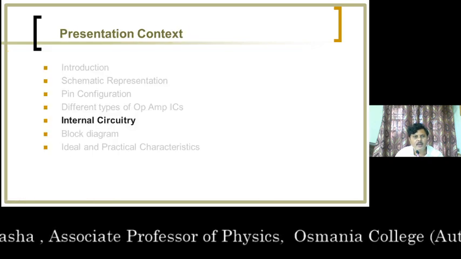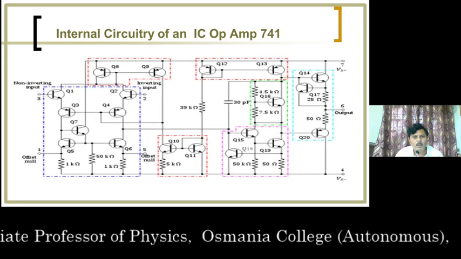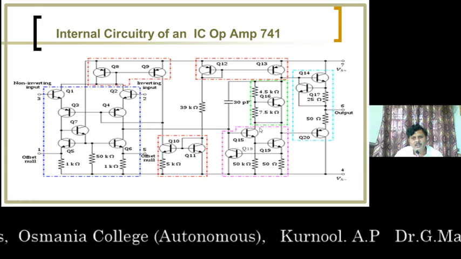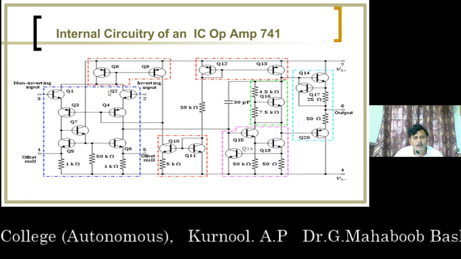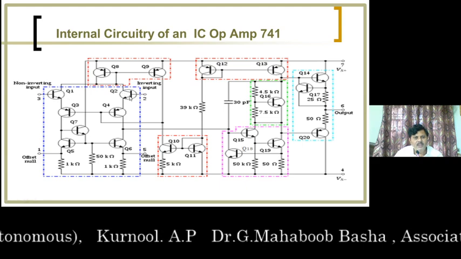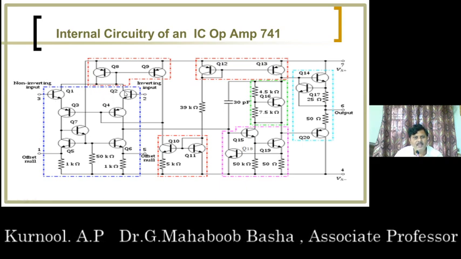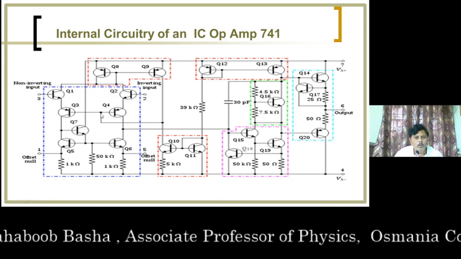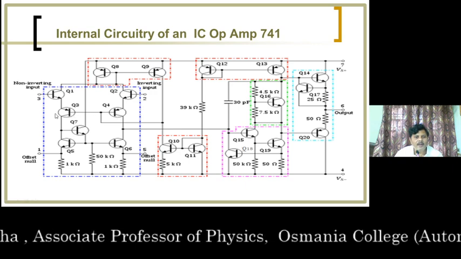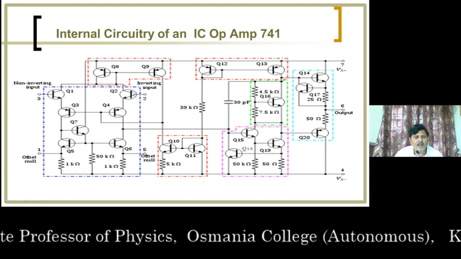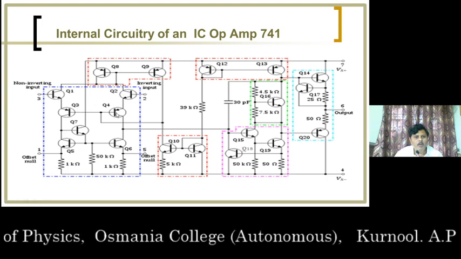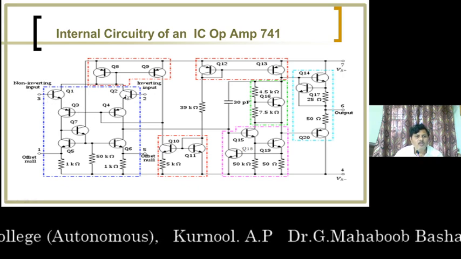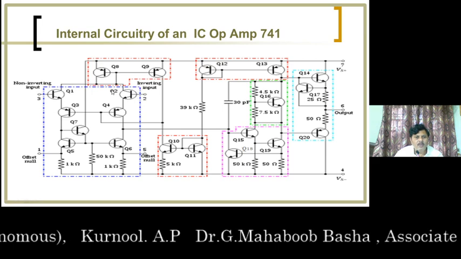Next we will see the internal circuitry. I already told you the op amp consists of nearly 20 transistors engraved on a single chip, where Q1, Q2 transistors form the basic differential amplifier. These two transistors are well matched and connected in CC configuration. Q3, Q4 transistors are connected in CB configuration. Q1, Q2 transistor gain is 100 and Q3, Q4 transistor gain is 4. This arrangement reduces the small bias currents of this op amp.